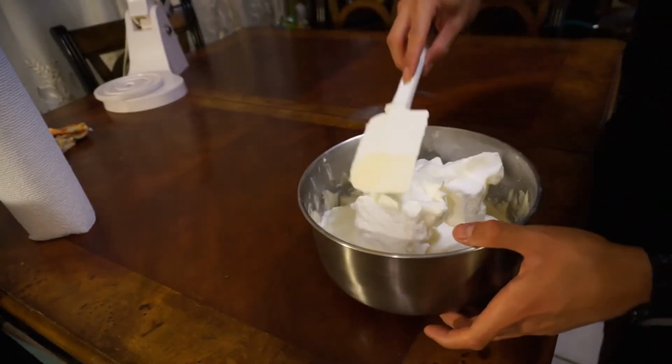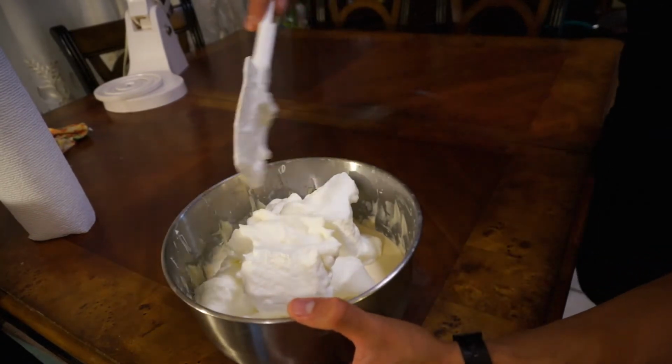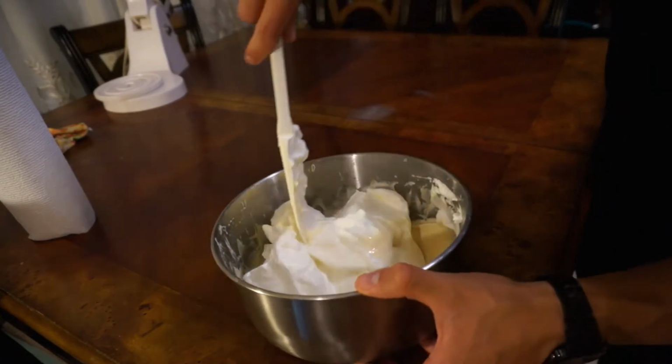Perfect. Now that we got the egg whites in here that are whipped, we're not going to mix it, guys. It's not going to be a mixing motion. It's going to be a flip. So now we're flipping the bottom of the batter